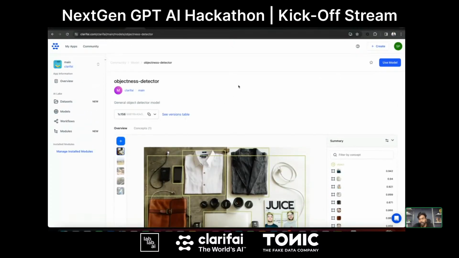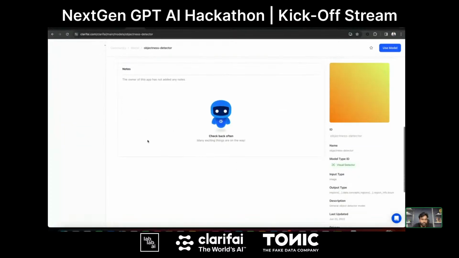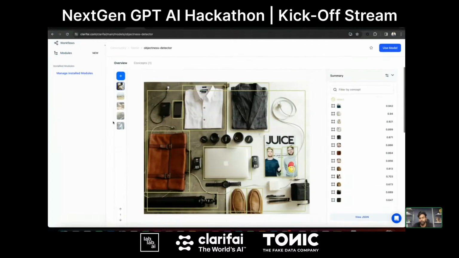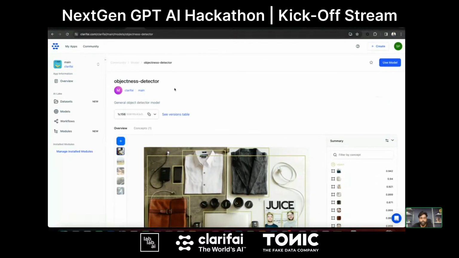And obviously, if it is an LLM or any other generative AI model, you will have all the model notes, how to use the model, etc. You can just do it with the Python SDK. You will have all the scripts within the model notes. But currently, we don't have the details for the other models that we have on the platform, for example this object detector or general image recognition models. So in that case, if you need to use them, all you need to do is copy the image URL and pass it to the Python SDK, the way we just did for the GPT-4 vision model. You can do this in a similar way. We'll just see how to do it.